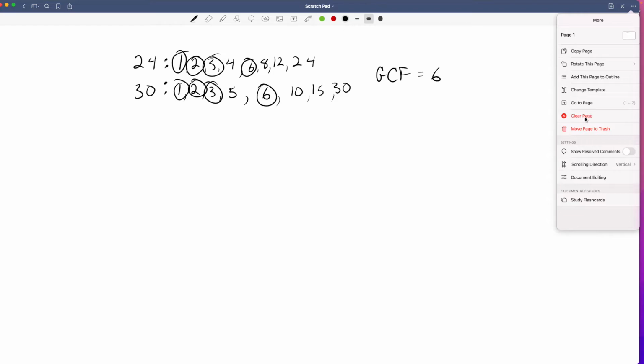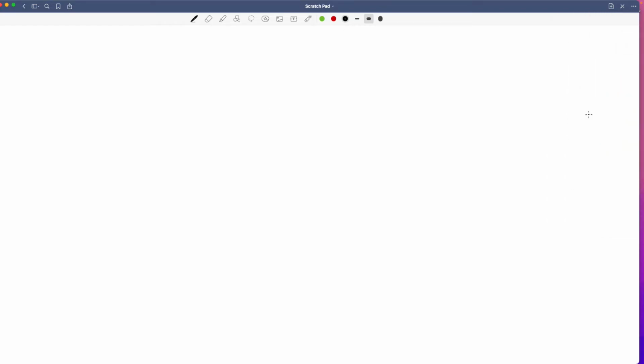Let me clear the page and we'll do another example problem. So 13.2, we're going to find the greatest common factor. Find the greatest common factor of 72 and 90. So let's start with 72. Let's look at that. So I know 1 times, let's put this way over here, 72, because I don't know exactly how many of these there are. 2 times,